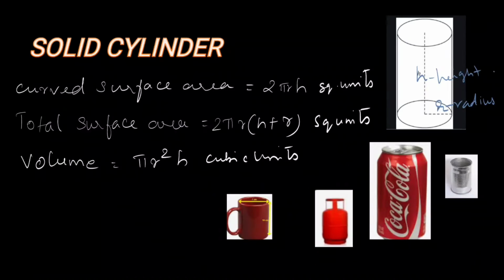Okay, pi r square is nothing but the area of the circle, and when it is multiplied by another dimension, it gives us the volume. What are the three dimensions? Volume has three dimensions. So what are these three? We have only r and h. So r, h and another r, that is r square. So it has three units, and the units are generally written in cubic form.